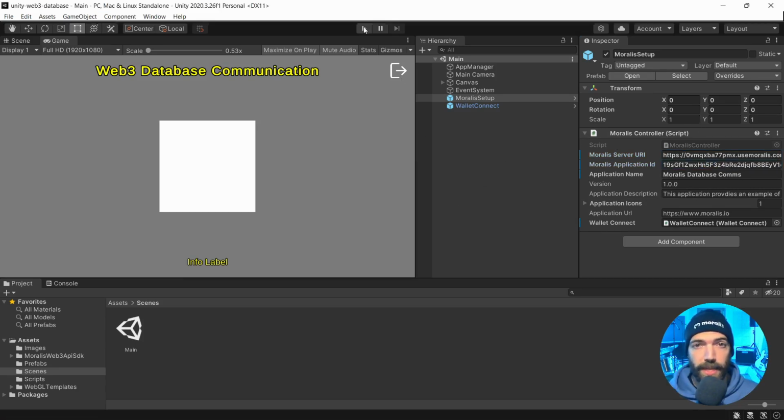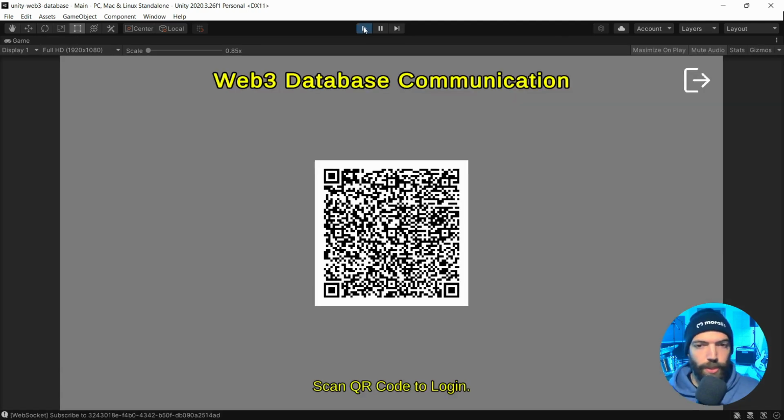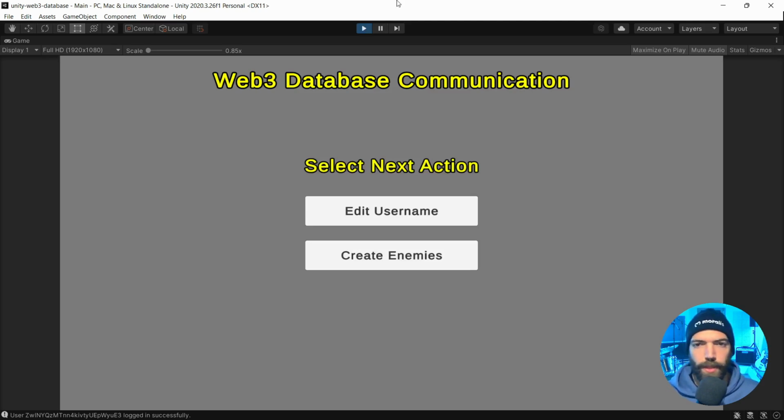So if we click play and we take our mobile crypto wallet and scan the code, we sign the message, and we'll see that we have this panel, right? So if we click on edit username,